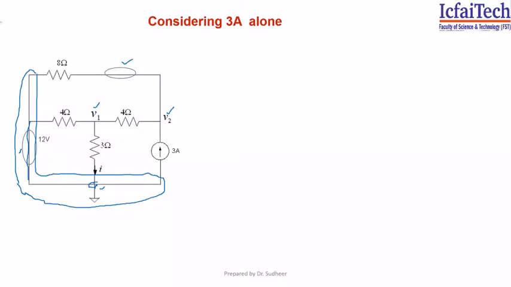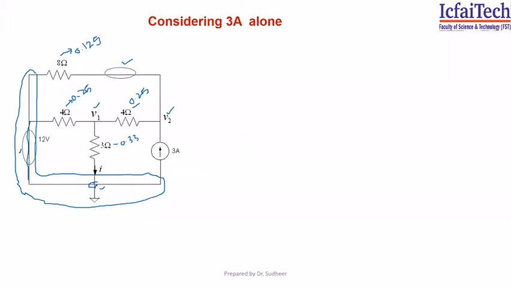So what are the resistance values given? 8 ohm should be converted into conductance. 1 by 8 will become 0.125. Replace this resistance with conductance. 1 by 4 will become 0.25. And this will become 1 by 4, 0.25. And then 1 by 3, 0.33. So the first step we have done, to write the final matrix equation for node analysis by the inspection method.